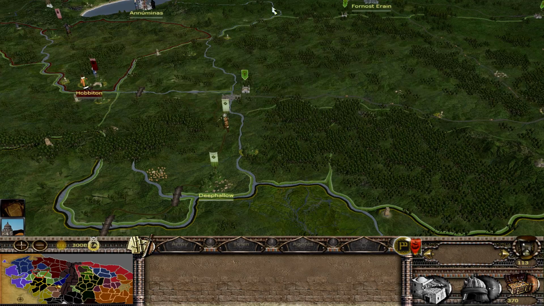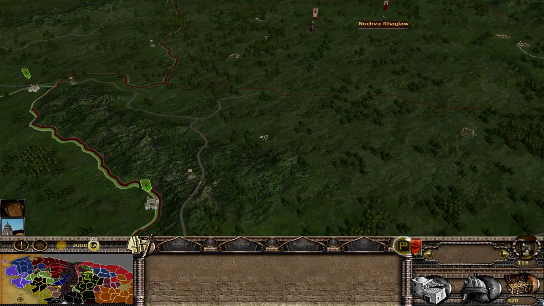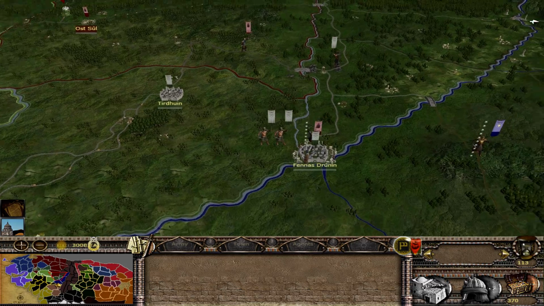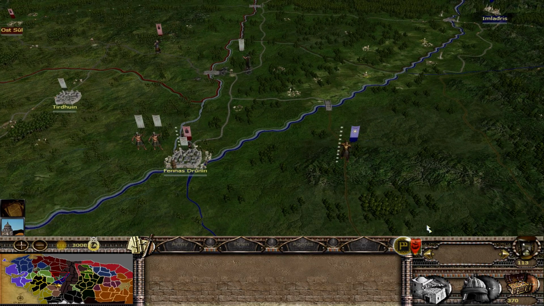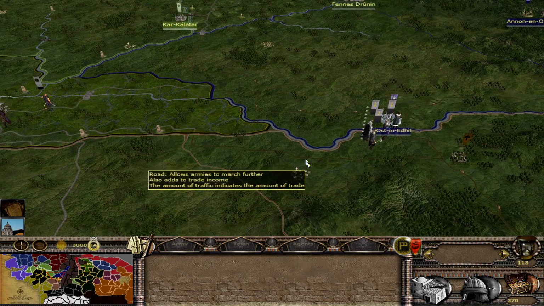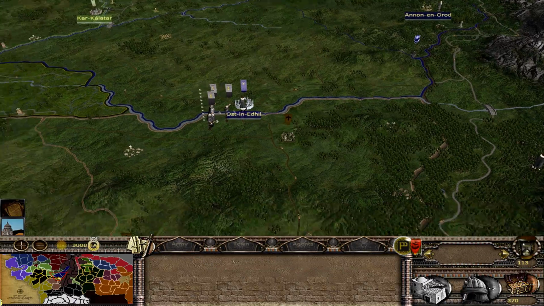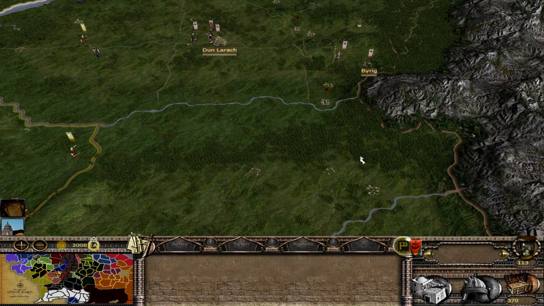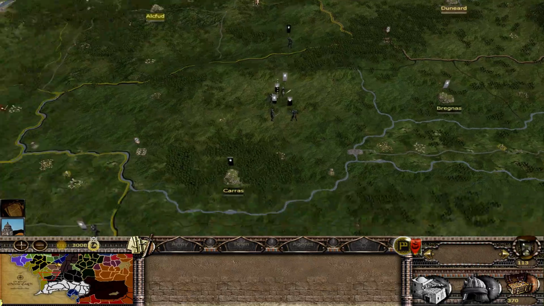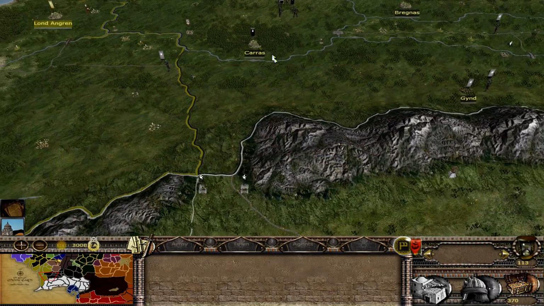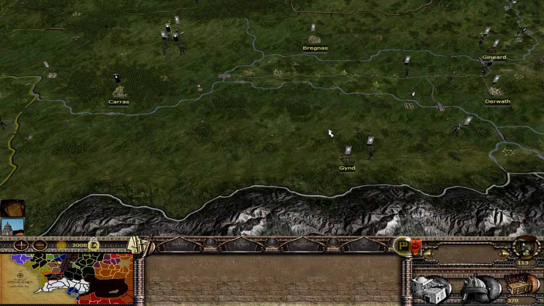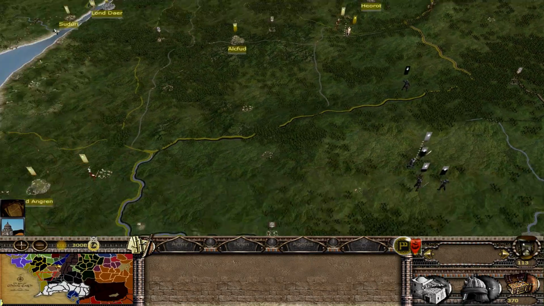Let's cheat and just look at the world again. So Angmar are doing all right. They are besieging Fenris Druinin, but they don't have the troops for it. Glorfindel's coming for us now as well, the bastard. Oh, there's Khazad-dûm, heading off towards Austin and Thiel. So they didn't bother with Dunland, or Enedwaith, for that matter. Isengard, however, are pushing through. They've taken Karas, they've got Gund and Beregnas, and their armies are now moving into Alkford.